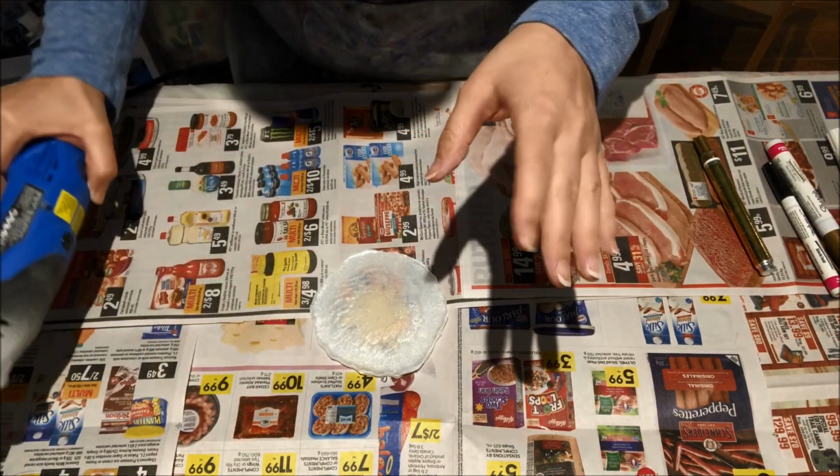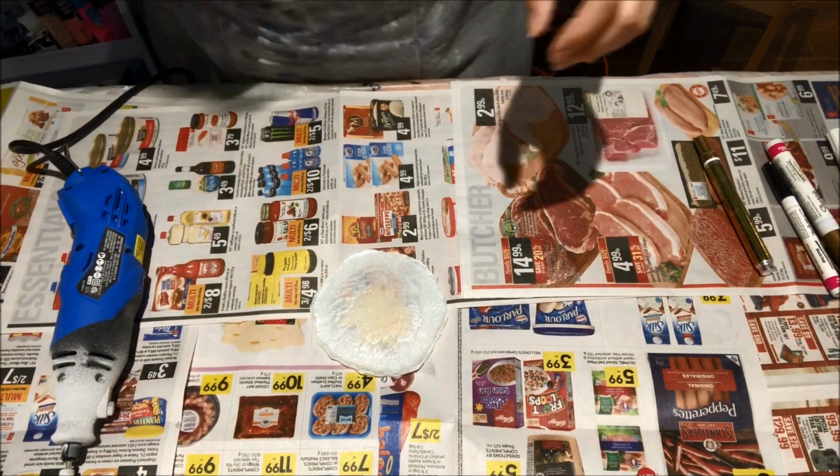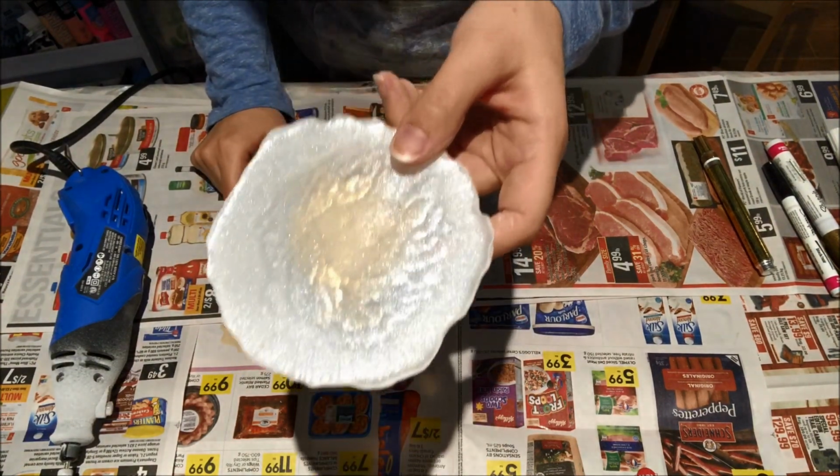Like you really need to do this outside, like for real. I'm gonna take off my glasses and my mask. So this one's done. So typically what I do next is I take it to the sink and I just